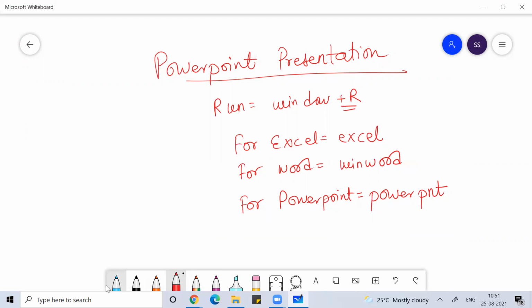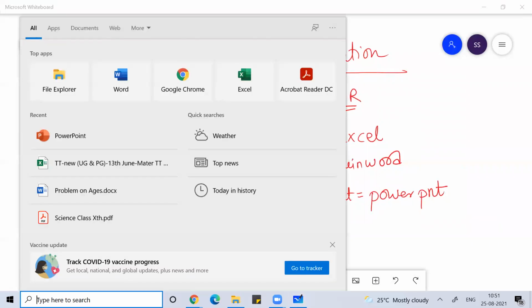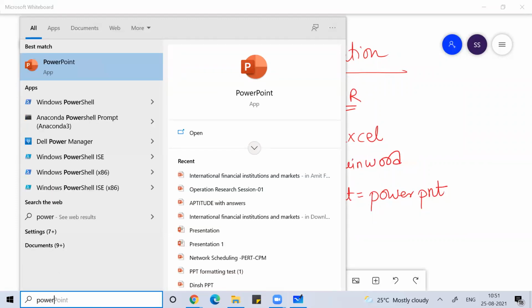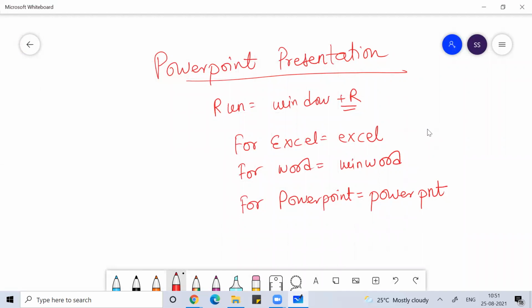You can simply write PowerPoint here, and then PowerPoint is visible and I can open it from there. I have also created a shortcut key for PowerPoint.